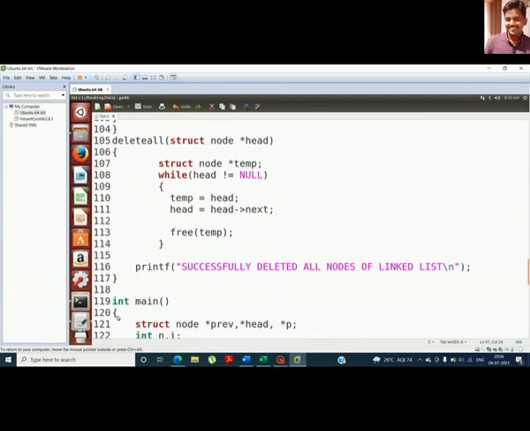Now if I want to delete all the elements, how can I do it? I am using a temp variable. I will traverse until head becomes null. Initially head was pointing to the first element. Now I will store that address into a temporary variable and move to the next element.